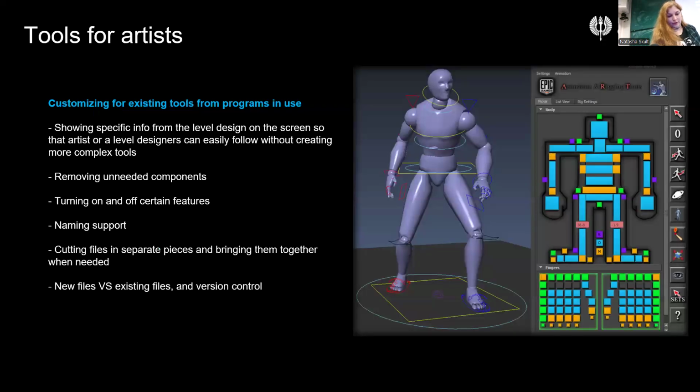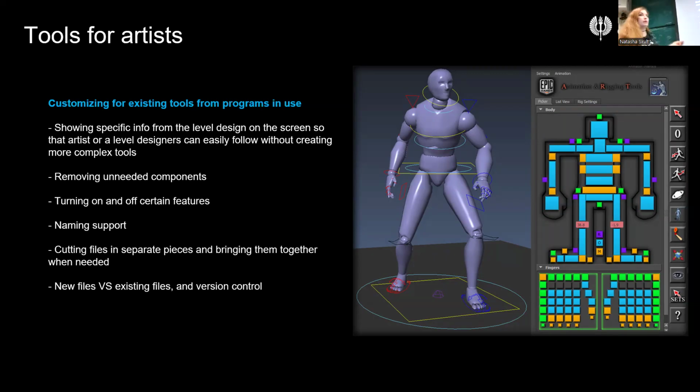And another example. So here's an example how that would look like. So I mentioned about customizing existing tools. So this is from Epic Games, and the kind of like how different mapping and things on the modular, let's say, humanoid rigging, it would be looking like. So this is also a thing. It doesn't have to be done from scratch. You can customize, just like really go in and fix it up according to your team's needs.